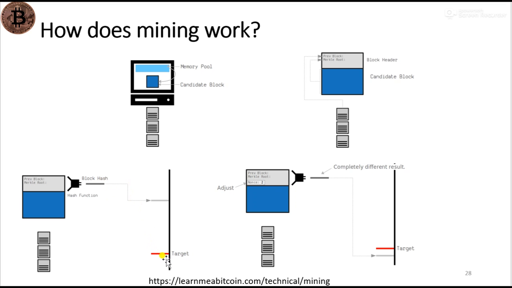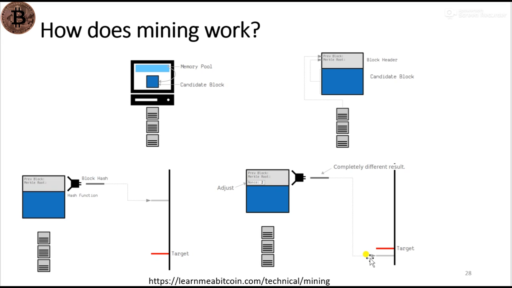Like, if our target is over here, and the hash of this block header is greater than the target value, then it means this block hash is not a valid block hash. So what we have to do is increment the nonce by 1 and then recalculate the hash of this block. We keep incrementing the value of the nonce until we find a hash value less than the target. When you get a hash value less than the target, then that block is considered to be a valid block,